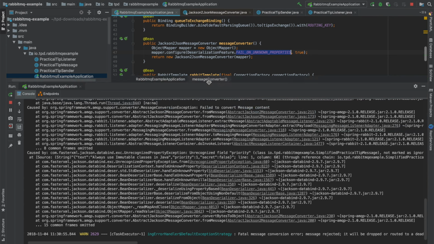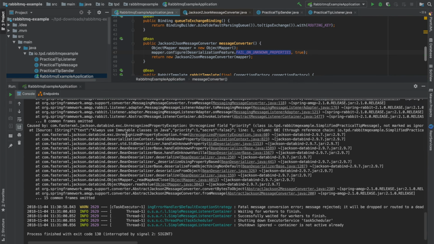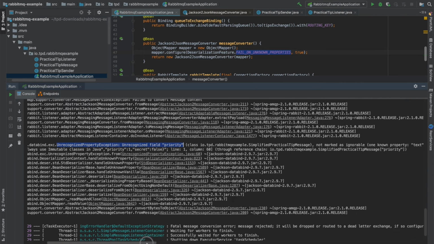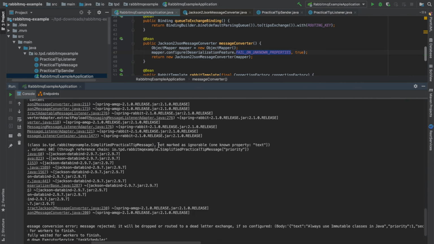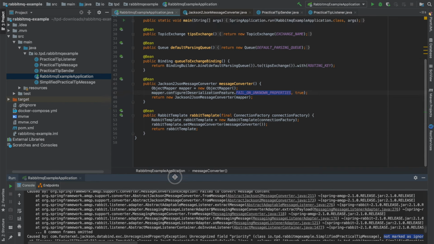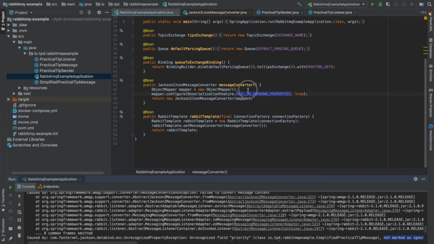And yes, there it is. Now it's complaining that there is an unrecognized field, priority, which is the first one that it finds while trying to deserialize. So that's perfect. And it's telling us that it's not marked as ignorable. Yeah, that's fine. There is one thing here: I don't even need to specify this,